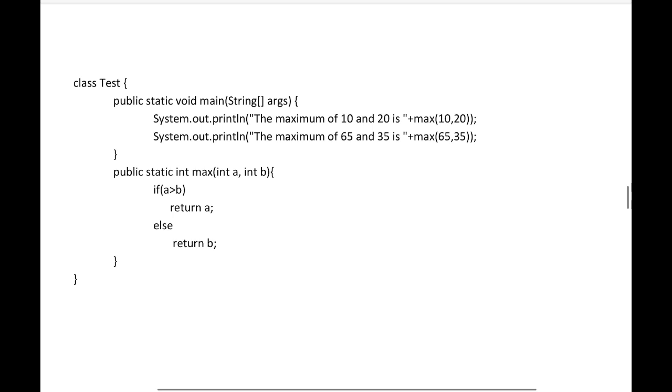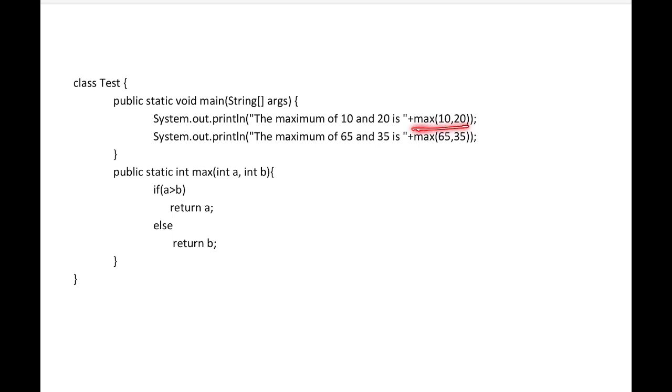So class test, public static void main. We know that the program execution starts from the main method. So public static void main, System.out.println, the maximum of 10 and 20 is max(10, 20). Here we are calling the method max and passing the values 10 and 20.